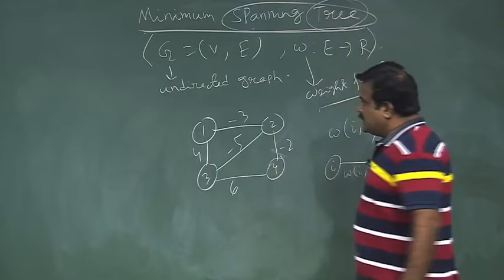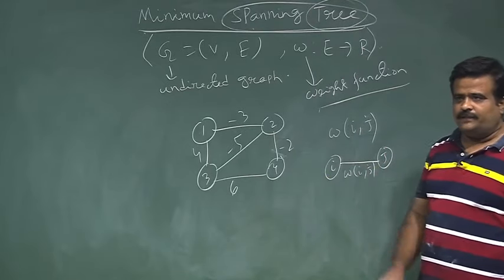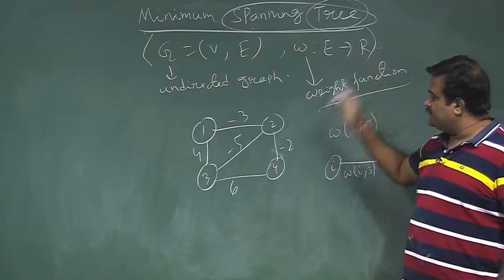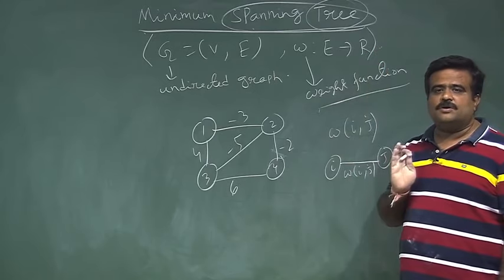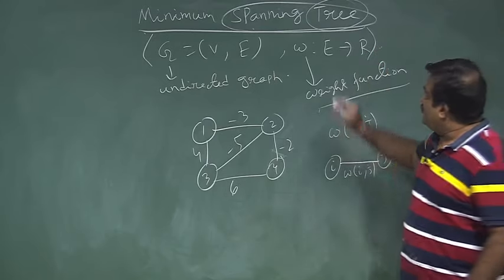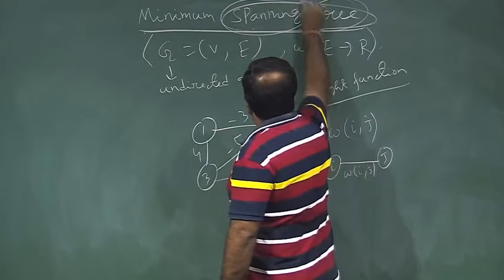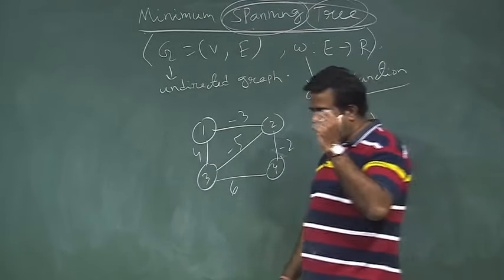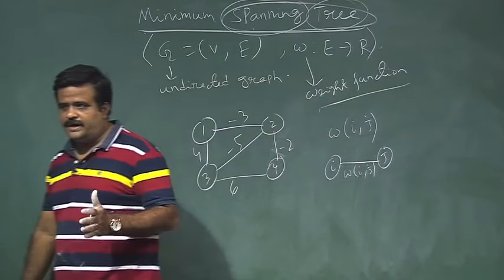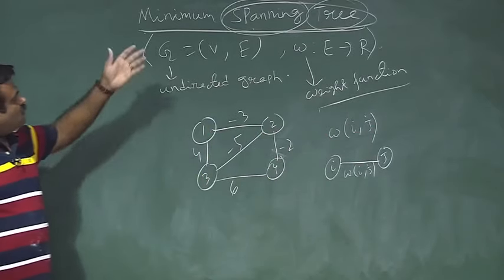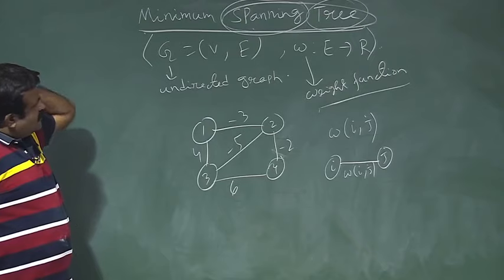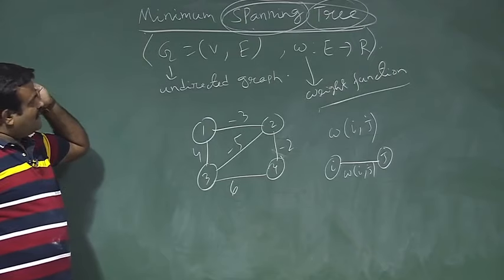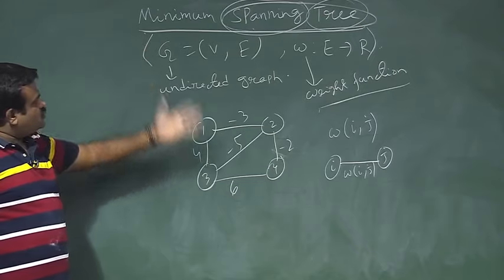Tree means it should not contain any cycle, and spanning means it should cover all the vertices. It should cover all the vertices, that way it is called a spanning tree, and the weight should be minimum